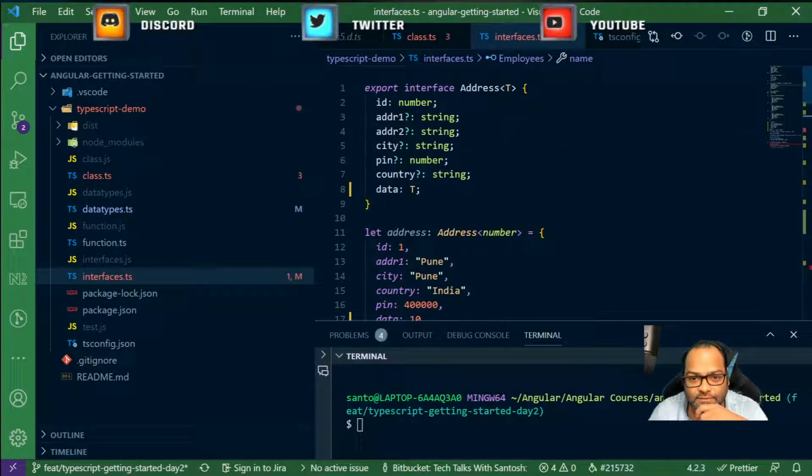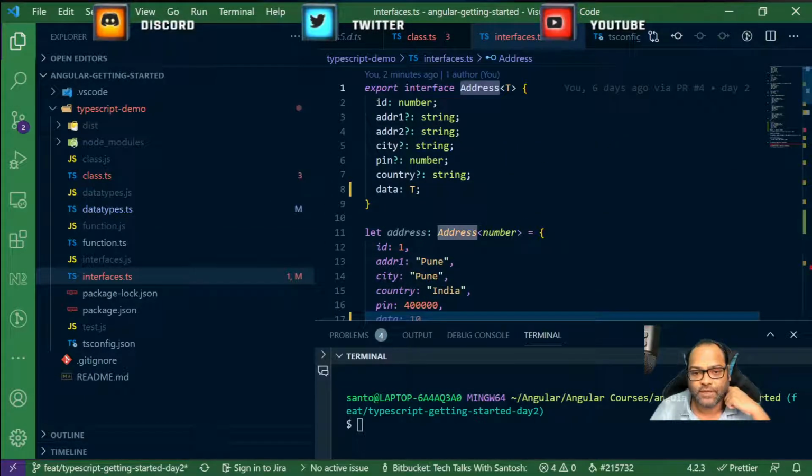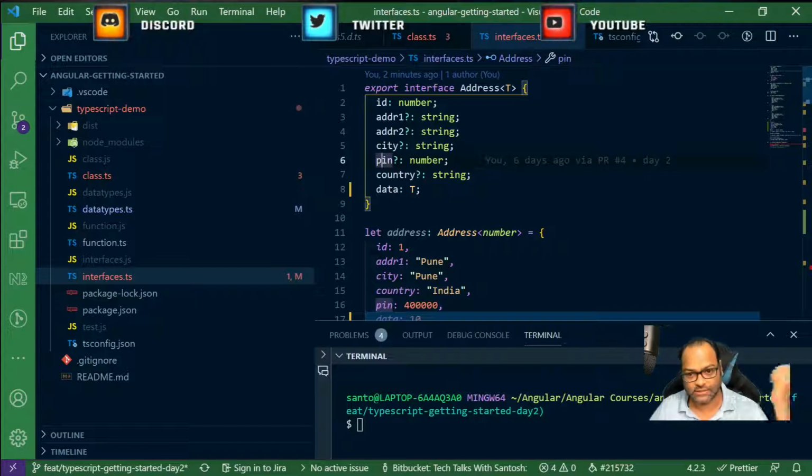I think we do have some, for example, address, right? In address you have a few properties: address 1, address 2, city, pin. But there is a screen, and what you want to do is make these particular properties required now, because on this screen all the properties should be available, and your user or your developer should not miss assigning any of the properties. How can you do it?